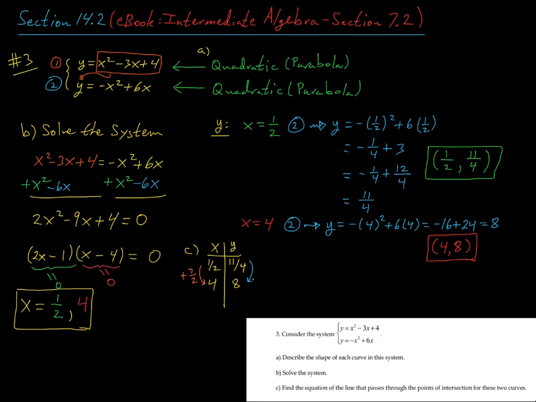And so, a little bit messier, but what is 8 in terms of fourths? That's 32/4. So going from 11/4 up to 32/4, that's an increase of 21/4. All right, so now let's go ahead and find the slope by